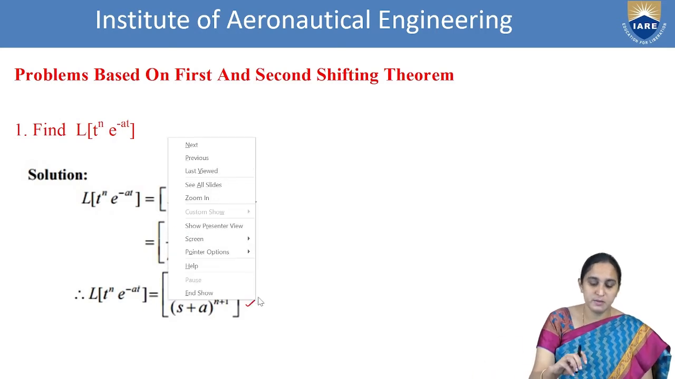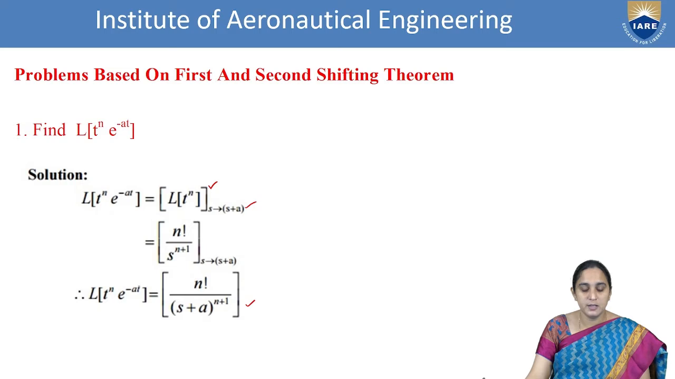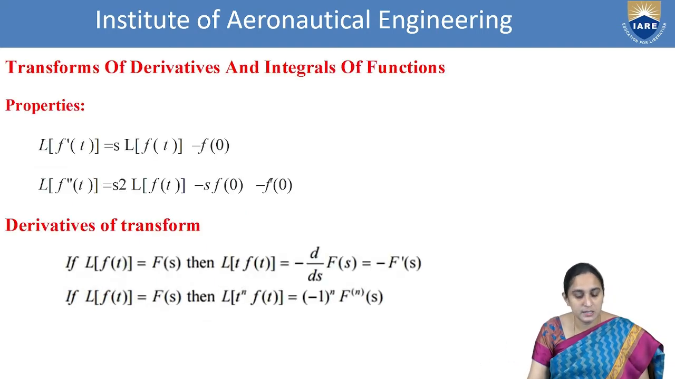Therefore, the first question's answer by using the first shifting theorem: Laplace of t power n into e power minus at is equal to n factorial by s plus a whole power n plus 1. And the next one,